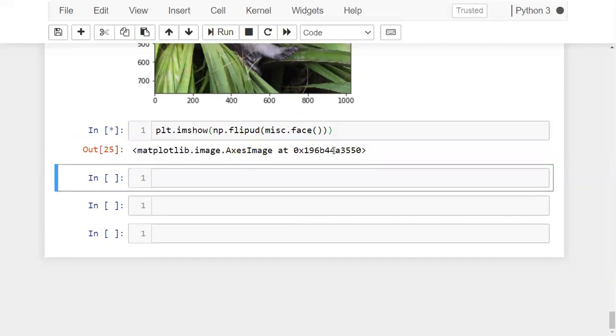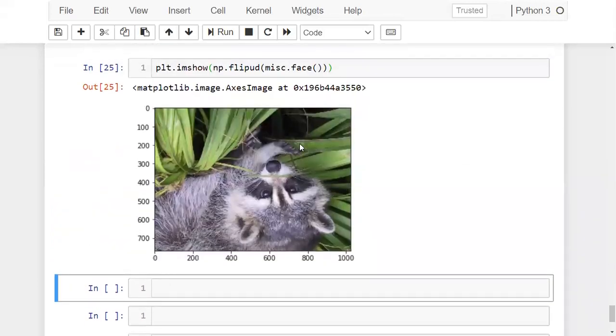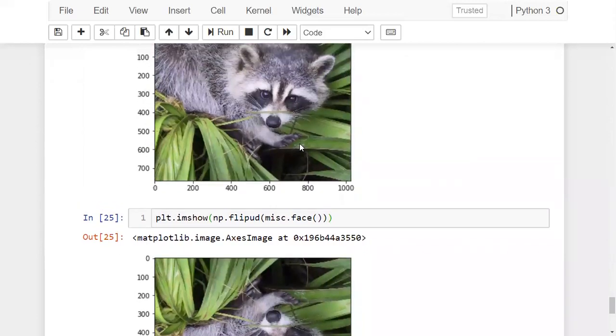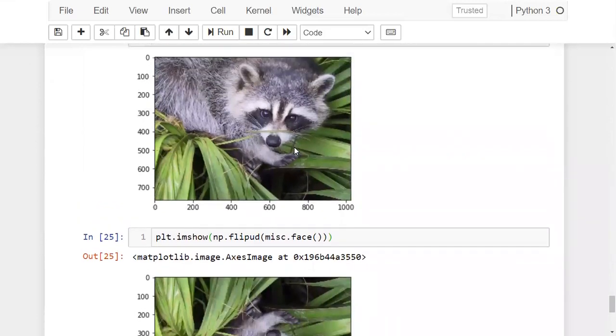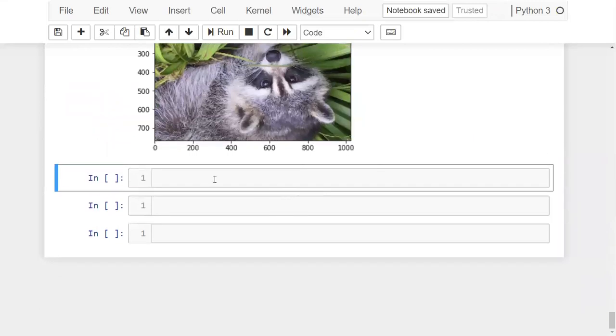Now try to run this. Can you see your image got reversed, right? Like a flip down. Now earlier it was like this, and now it is flipped. If you want to rotate your image, you can rotate your image also. See, we are performing some geometric operations, right? Like flipping down and rotating the image.